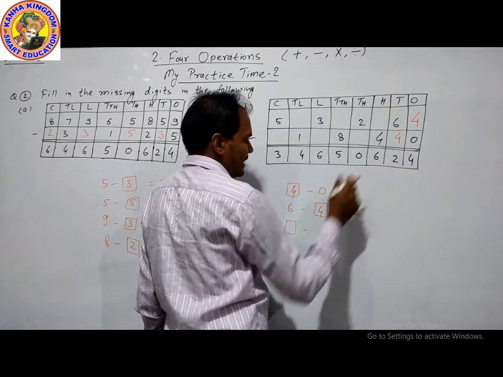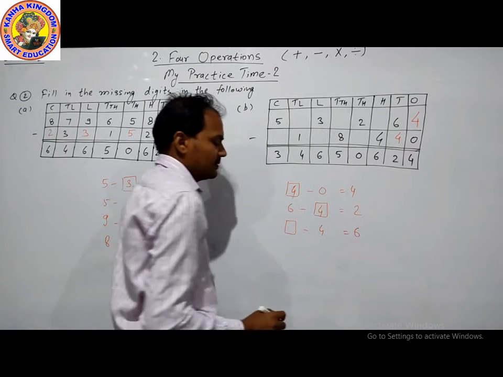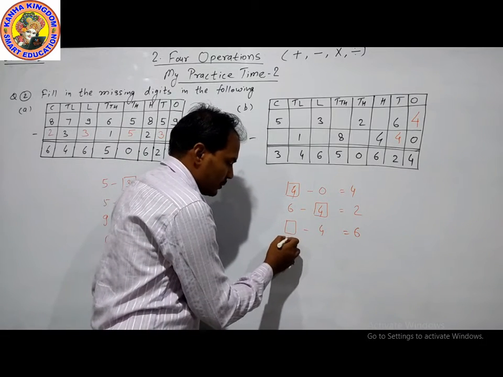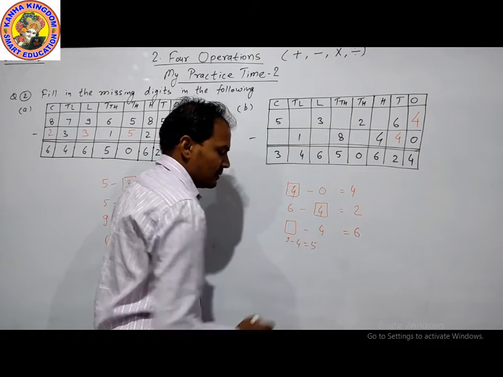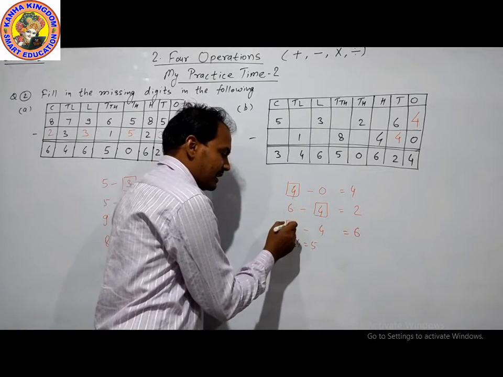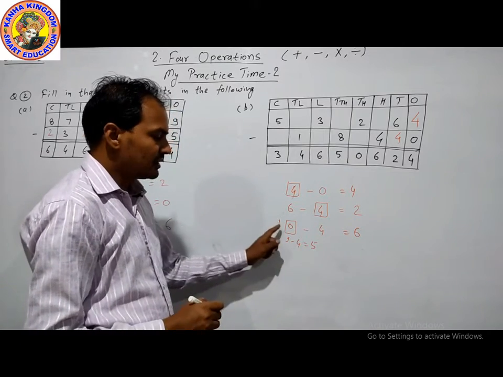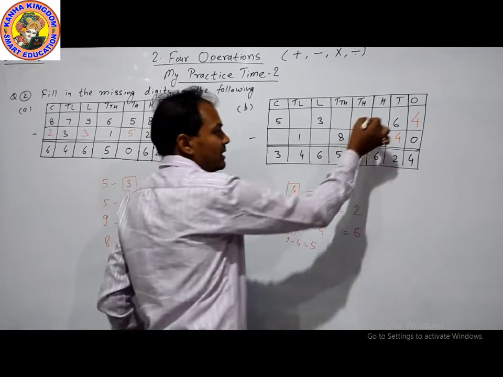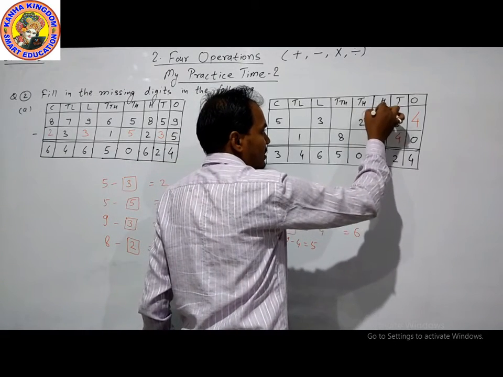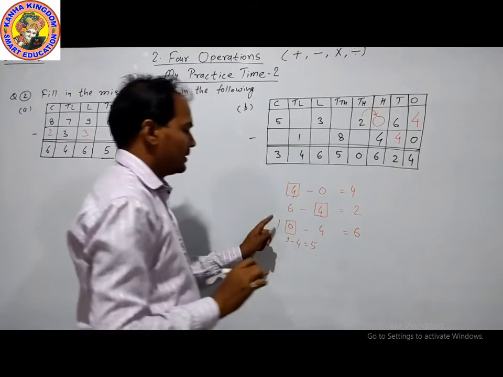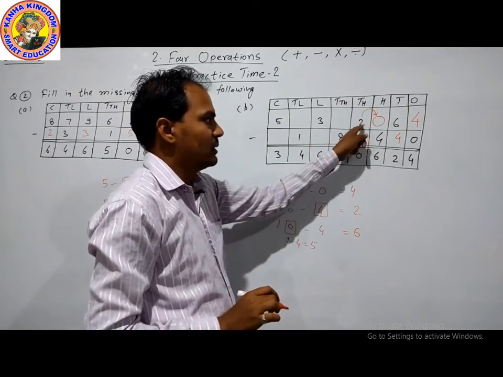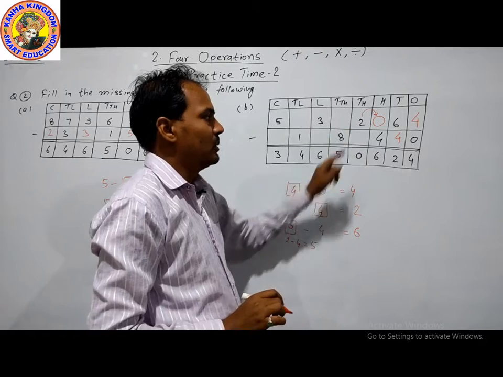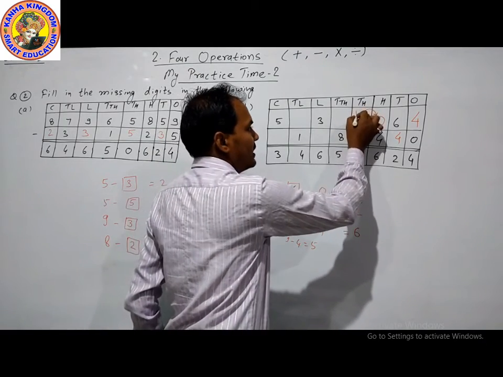Now next is a blank space minus 4 is equal to 6. If we put 9, 9 minus 4 is equal to 5, not 6. After 9, here is 10. 10 minus 4 is equal to 6. This is correct. So 0 is placed in this position, and this will be taken as a borrow point. So when we take the borrow, here is 10. 10 minus 4 is equal to 6. By the borrow, here is 1.